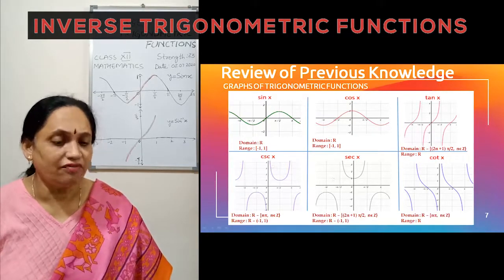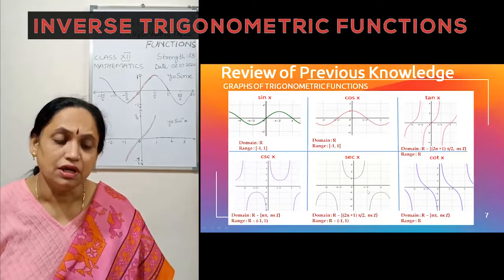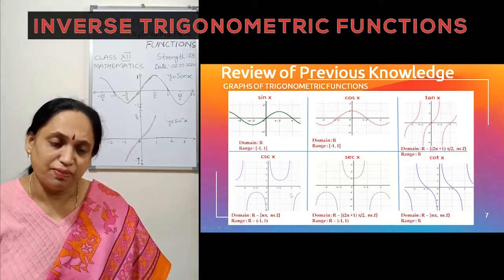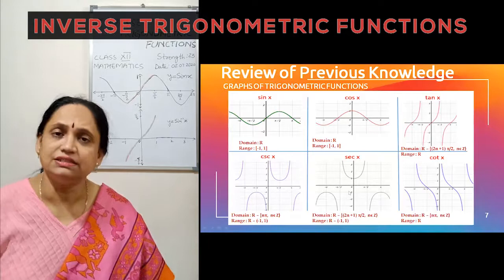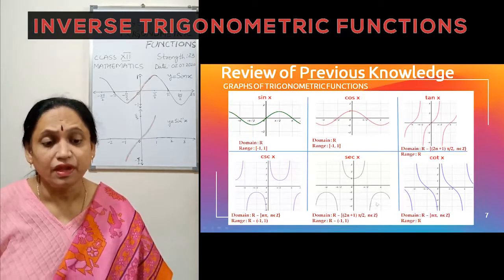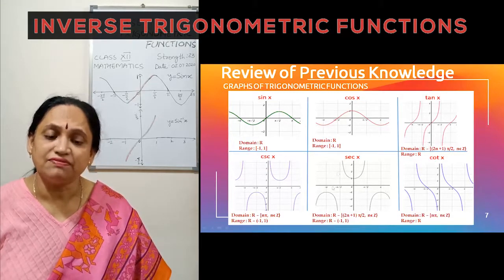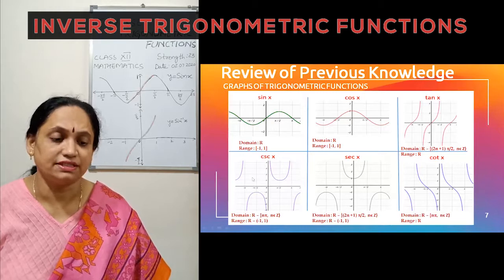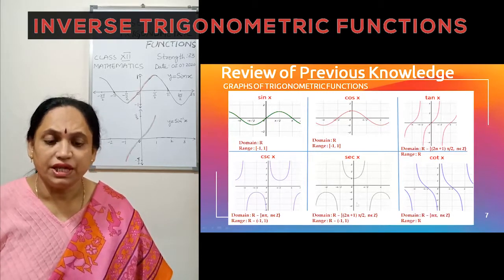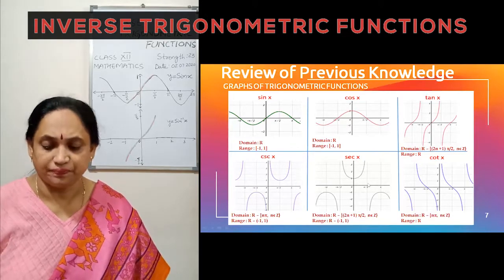We move to the cosecant and secant functions. You can look at the graph of the cosecant and secant. Although they look similar, there is a slight difference because cosecant is not defined at multiples of pi and 0, and secant is not defined at odd multiples of pi by 2. And you can also see that the region between -1 and +1 of the y-axis is not being used. So the range is R minus the open interval -1 to 1.